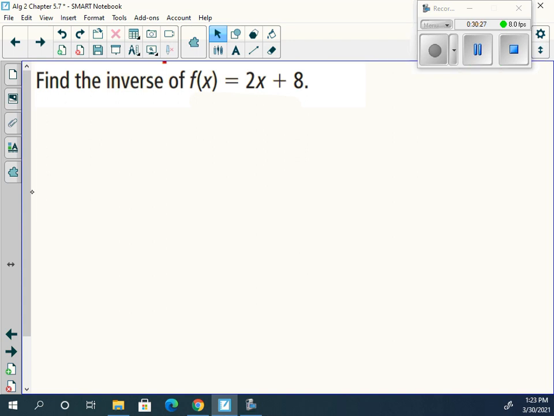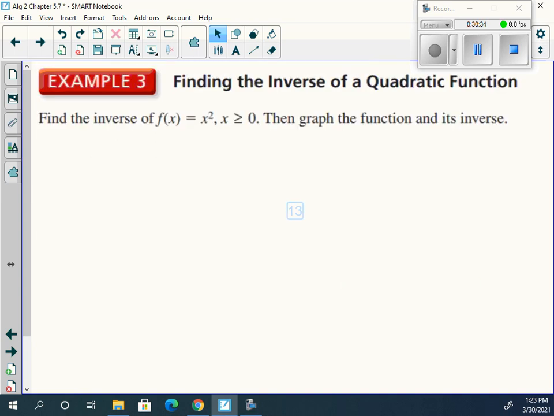How are we feeling with these inverses so far? We feel good with these here? Find the inverse of f of x equals x squared, then graph its function and its inverse. This is where we're going to stop with the notes for today. But since we do have a little bit extra time, we're going to do something